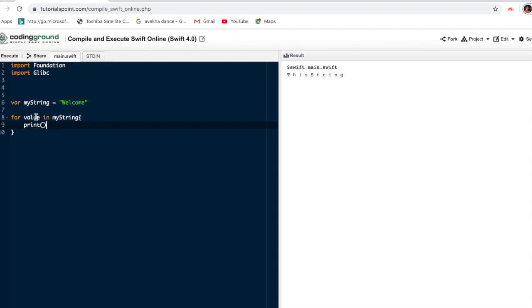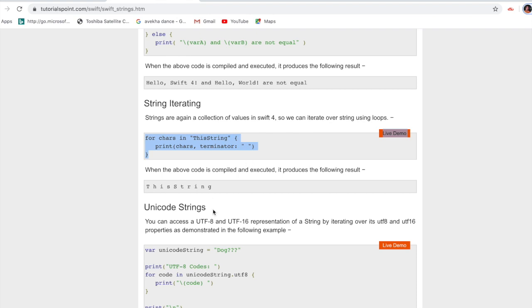What will be the output? Let's see: W, E, it goes through each for loop. This is the way of writing a for loop on a string, iterating the string.